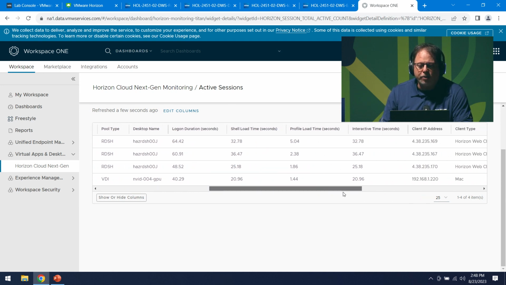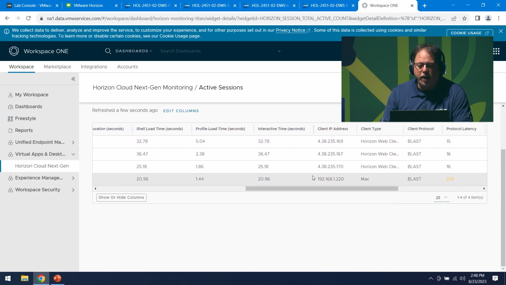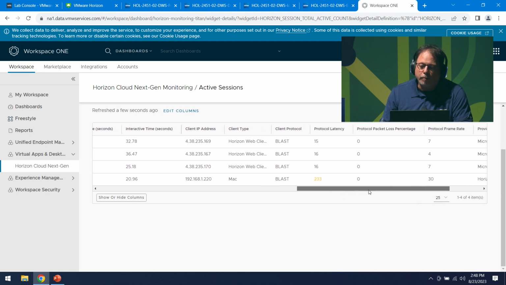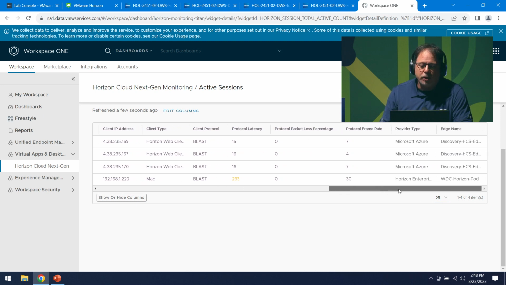Then we also start gathering some logon duration information to help you troubleshoot any kind of logon issues. We can break it down by shell load time, profile load time, interactive time. We're pulling in the client IP address information. The type of client is here, even if it's a Mac or Chrome, iOS. We have protocol latency information, protocol packet loss, and then of course the provider type and the type of edge